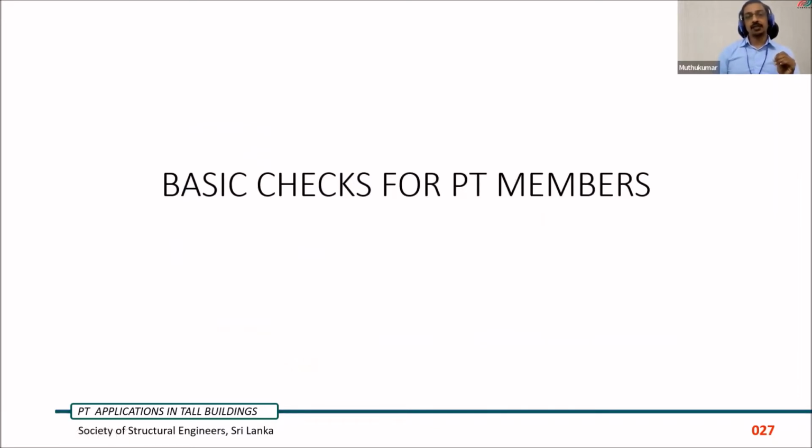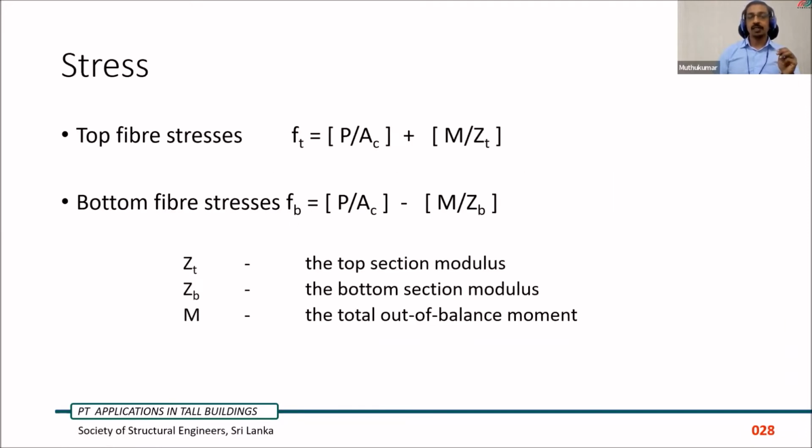Some of the basic checks for the PT members which we have to do, in comparison to RCC. The first check is serviceability on the stresses. Stress is a good criterion to decide whether we have chosen the correct size and the correct pre-stressing force, because this depends on two components: effective pre-stressing force and the cross-section area. If we keep on increasing the pre-stressing force, the stress limits will give an indication that our pre-stressing force is much larger. So a balanced section can be chosen by using the stress limits, which are set by codes as well as practical